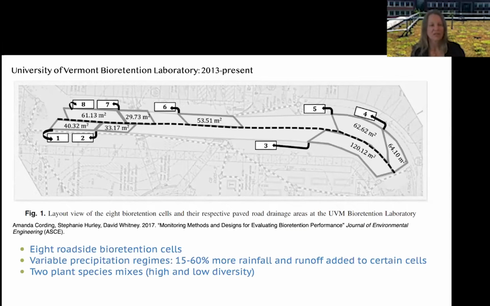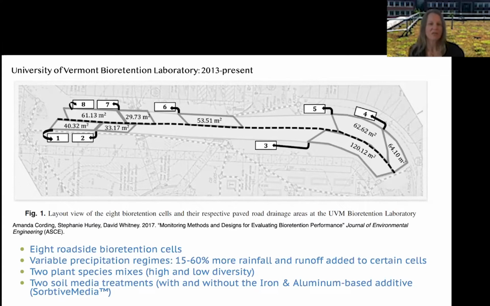We've also looked at two different plant species mixes, high diversity species mix and low diversity species mix. And we have a soil media treatment in the original study comparing soil media with and without this sorptive media, a proprietary material that contains iron and aluminum-based additives with the focus of sorbing phosphorus. So I'm in Vermont, in the Lake Champlain Basin, and phosphorus is a major pollutant of concern here. So one of the water quality goals that we've had in my research is to explicitly target phosphorus and removing